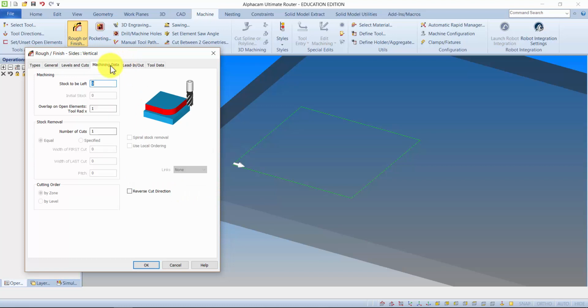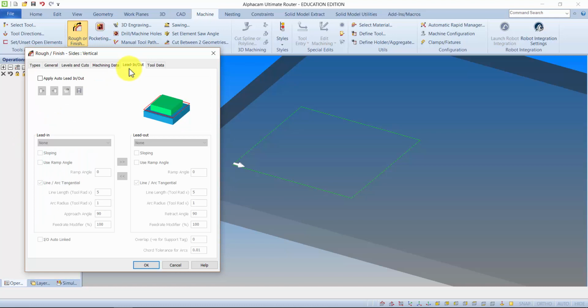Machining data, I'm happy enough to leave that be for now. We'll explore this in a future video. Lead in and lead out, however, is what I do want to explore today. So by default, you will have no lead in, lead out. That means that when the cutter comes down, it will just enter in line with where it's about to cut and then start moving. If I go apply auto lead in, lead out, you can see the graphic over here